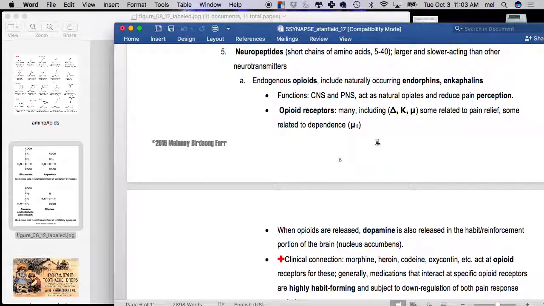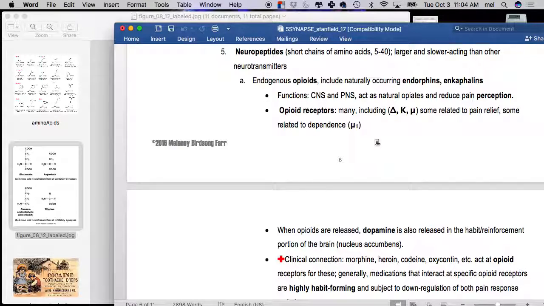And you can see why they would be very pro-survival of the species, right? But I want you to know that they reinforce themselves because they also want to reward you for doing that behavior. So they will cause a release of dopamine in the addiction pathway as well. Okay, so the problem is that, of course, these are very pleasurable. They're pain reducers. And so what we get into is